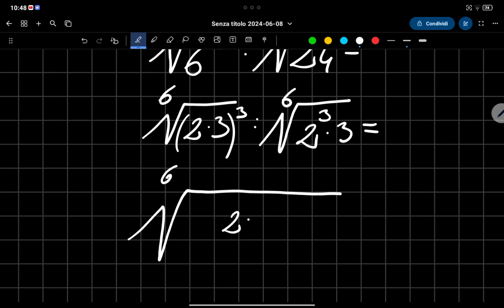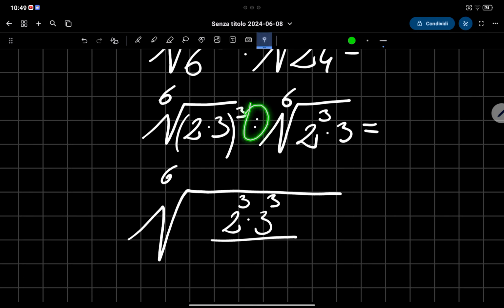Actually, I will multiply these exponents by 1 and these exponents by 1. This 1 is the index of the power. So 2 to the power of 3 times 3 to the power of 3 divided by, and now instead